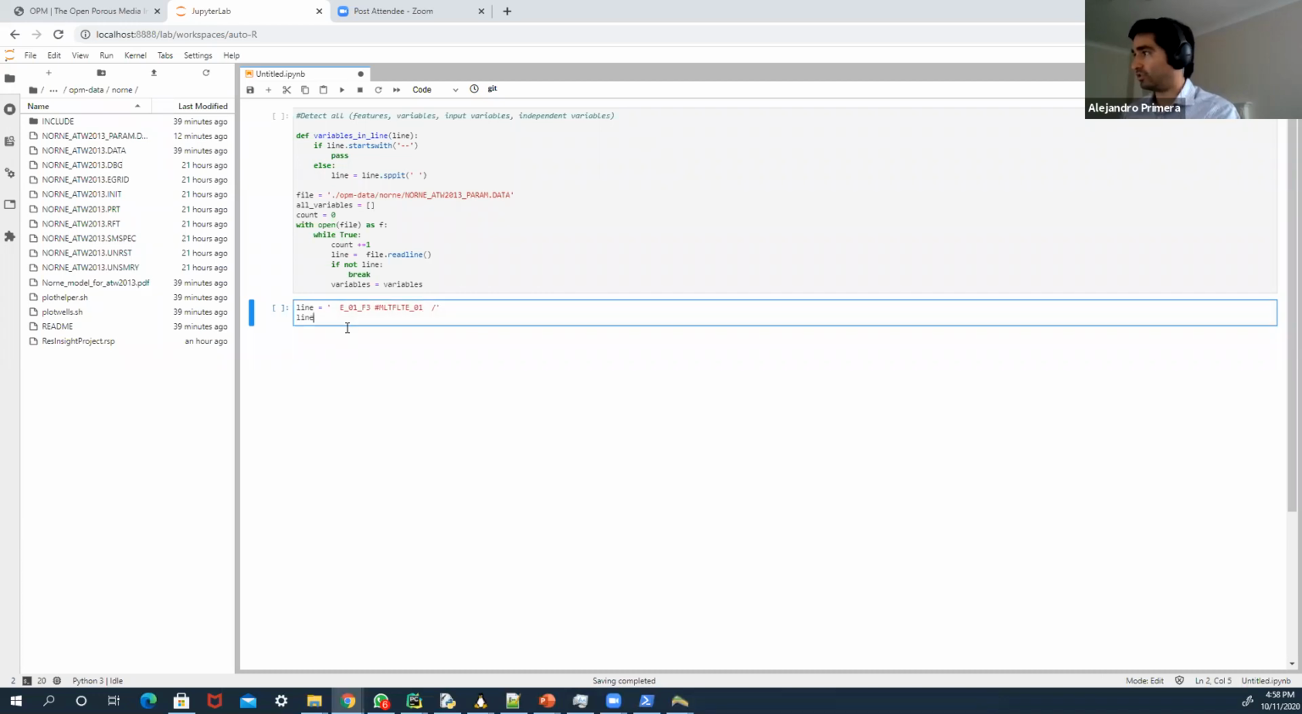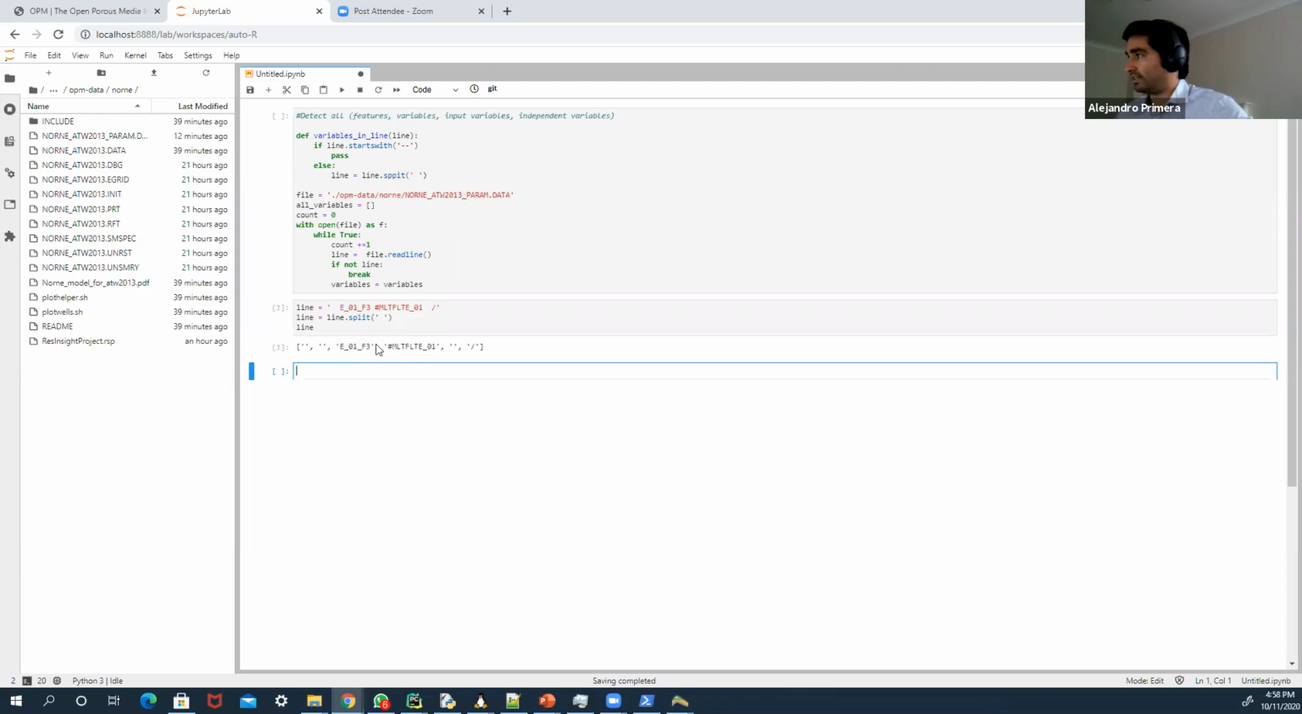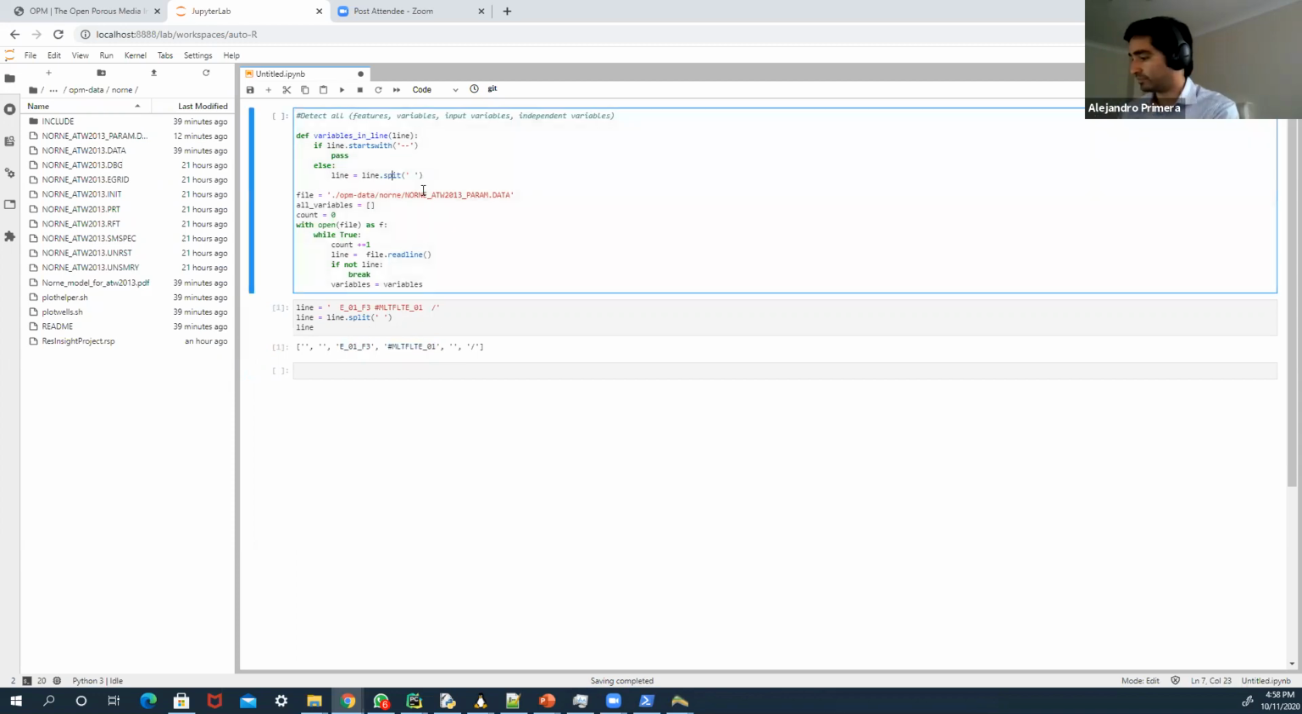I can split that line by spaces. And let's see what I get back. Now I get this variable, and I also get the name of the fault if I want to use it. But I'm just going to split that line. And once I split that line,